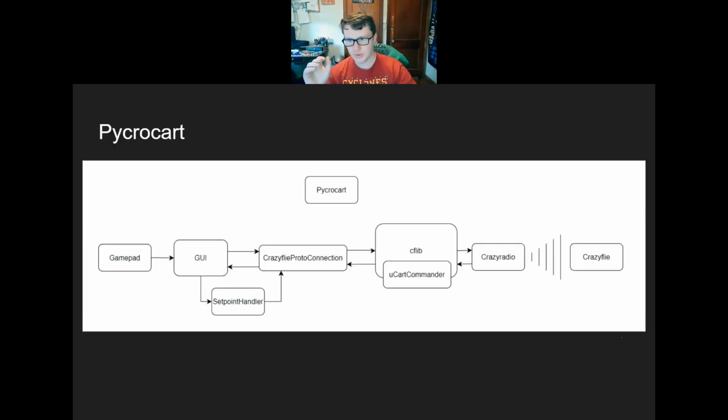This is the architecture. We have the GUI, which manages a connection with a gamepad. And that GUI has these connections to Crazyflie proto connection. Crazyflie proto connection is what manages the connection with the drone, and it does it all through cflib, which is Crazyflie's Python library. And the intention is that basically